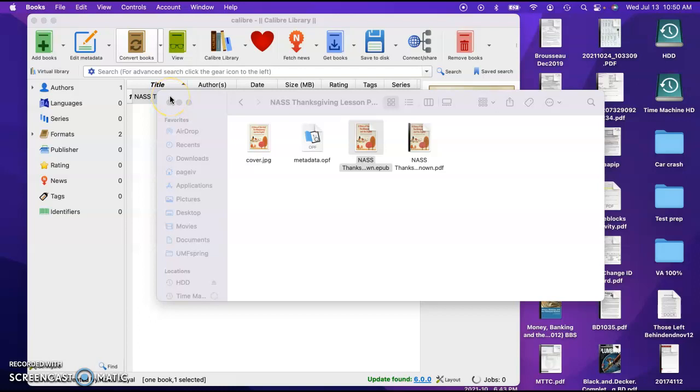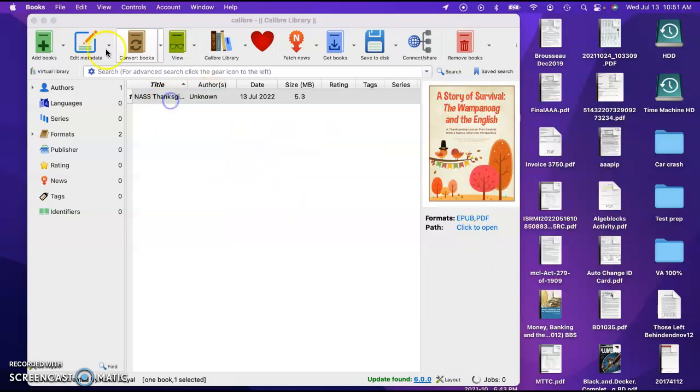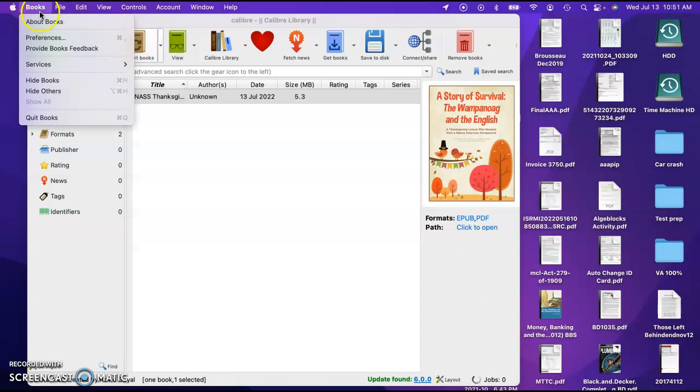I was able to use this last semester when I had to download some PDFs that were very long and very hard to read in PDF format. So transferred to iBooks and was able to adjust the font and get everything on the page that was pleasant for me to read. If you go up here to some options,